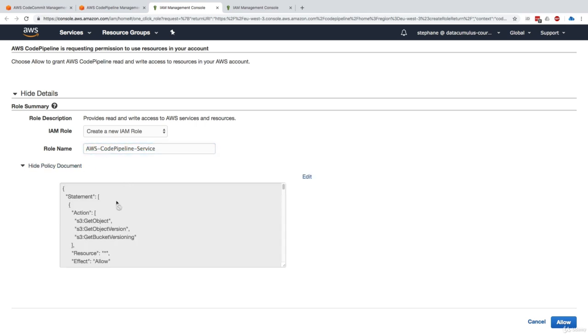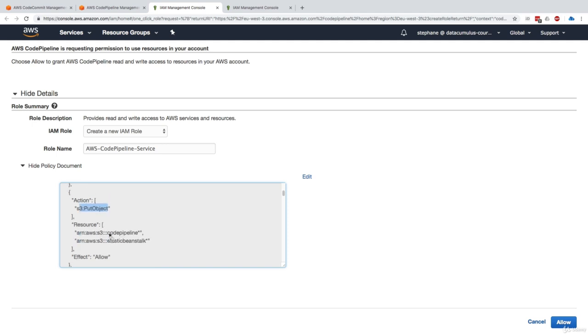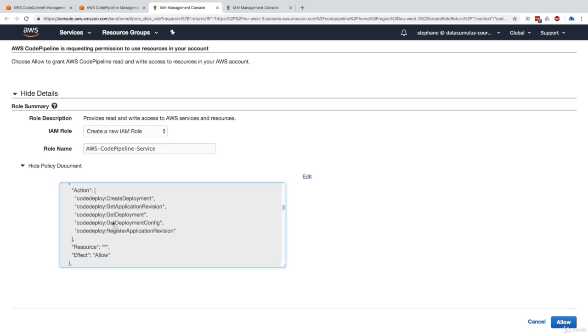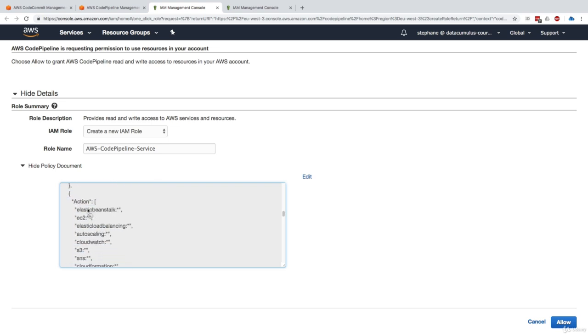And if you look at the policy document, it can do a lot of things. It can have an allow on S3 to get some data. So this is around getting the artifacts. It can do S3 put objects. And the idea is that it's going to be able to put the artifacts into both CodePipeline and Elastic Beanstalk. And that makes sense. And then there's going to be some CodeCommit actions, for example, to get the branch, get the commit. So this is to get the code, etc. That makes a lot of sense. And then there's going to be actions on CodeDeploy that we haven't seen yet. And then a bunch of actions on EC2, Elastic Beanstalk, load balancing, etc., to basically orchestrate everything.